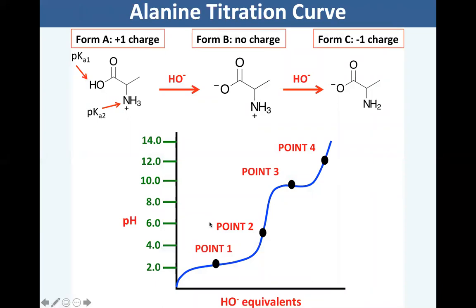Actually, alanine is a pretty important amino acid. It has a methyl side group here, and it can be readily converted into pyruvic acid. I'll show you that in a minute and why it's significant. But if you take a look at this titration curve and you have a solution of alanine at really low